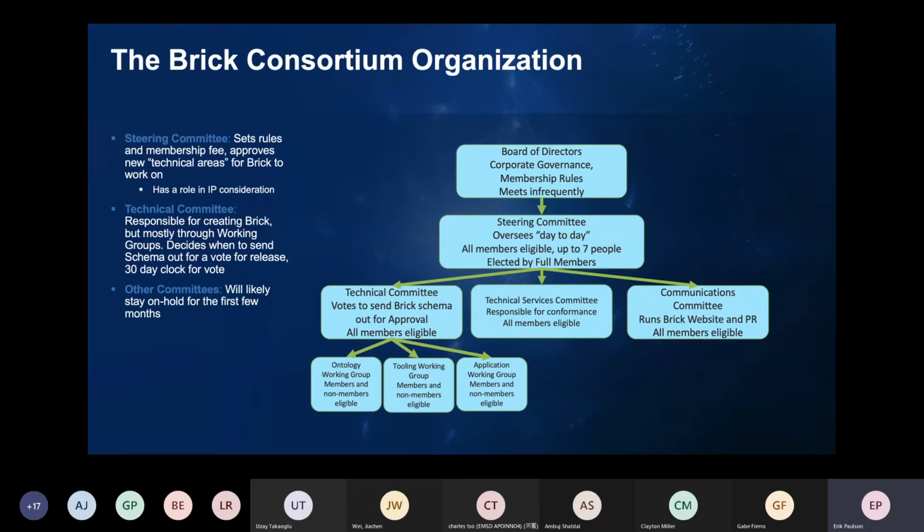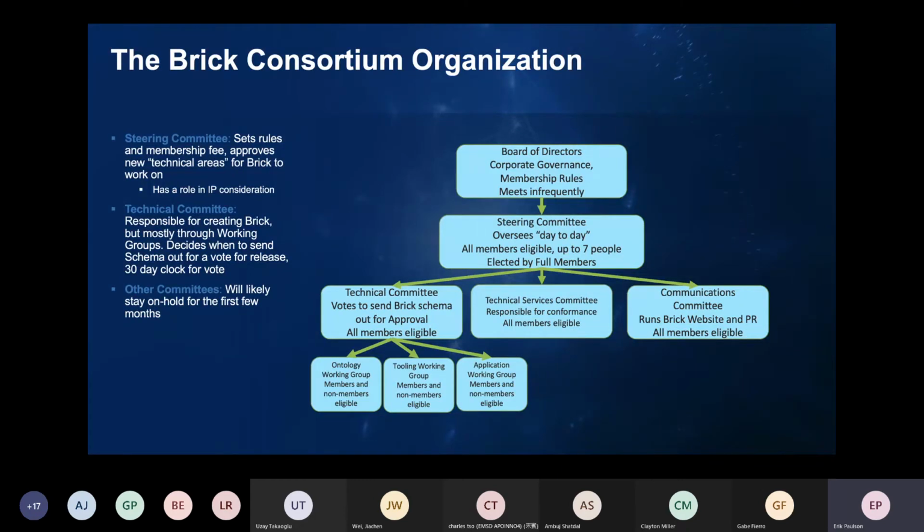And I sort of skipped over this slide earlier, but Brick 1.2 came out when the Brick developers sort of deemed it done. And how we envision 1.3 coming out is that we'll continue to develop Brick 1.3 through the open source process, just like we do today. But at some point, the ontology group will say, we think we're about done.